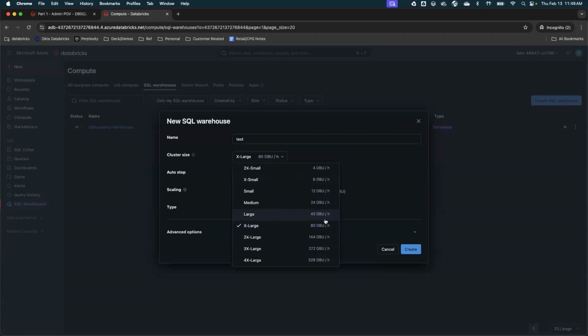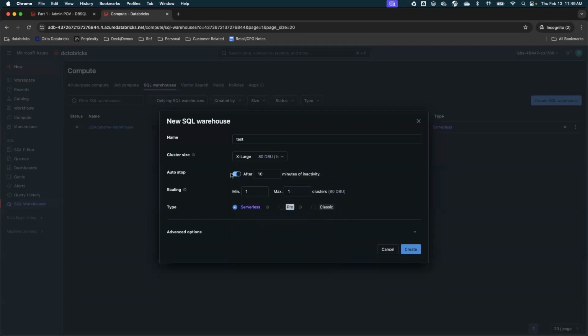So DBU is Databricks unit to measure cost, right? And then you can define, okay, do you want to auto stop or terminate the warehouse after a specific time? You can define scaling. You can pretty much start with small and scale it up based on the number of users trying to access. There are three different types.